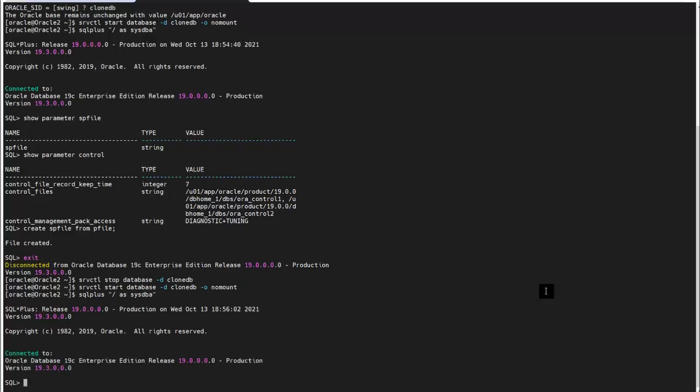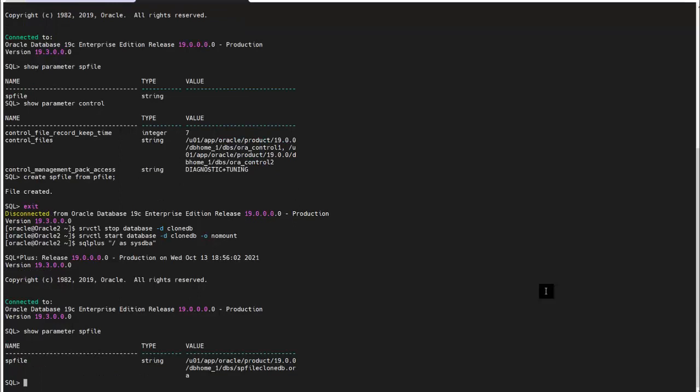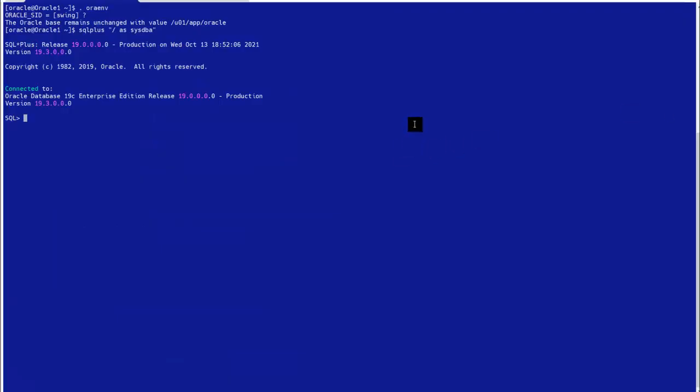There are two more things that we need to do before we can mount our database. As you know, we need to update our control files to point at the clone control files on the ASM disk groups. But we also need to update the DB name to match what the control files expect to see. If you're feeling particularly masochistic, or you get paid by the hour, you can certainly type out these commands character by character. But I'm going to save myself some work here by logging back into my source database on Oracle 1